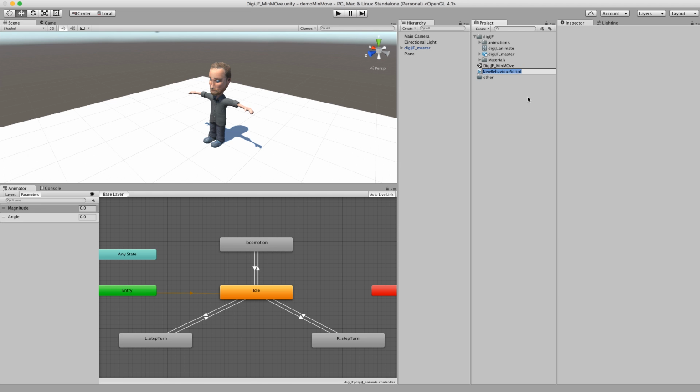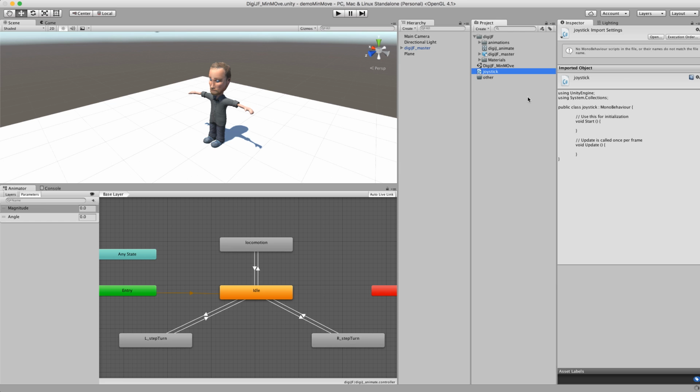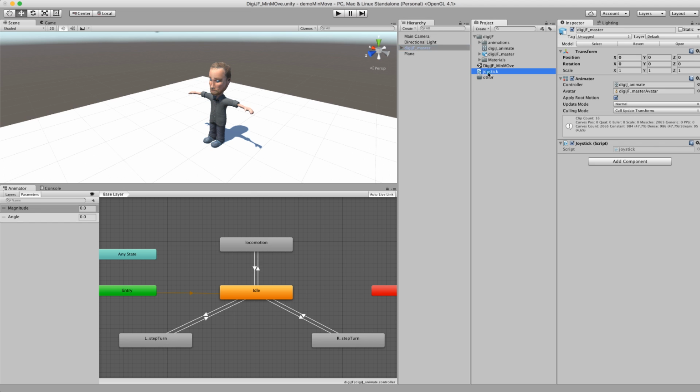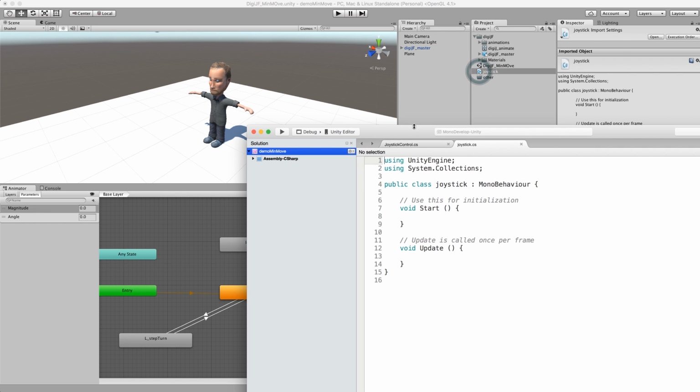All right, we're going to call this, let's see, Joystick. All right, so this will create a C# script for us called Joystick. We should be able to drop this on here, and there it is. Okay, so let's open this up and